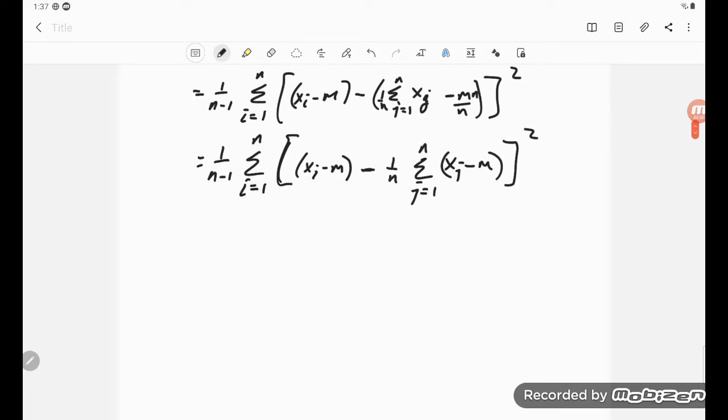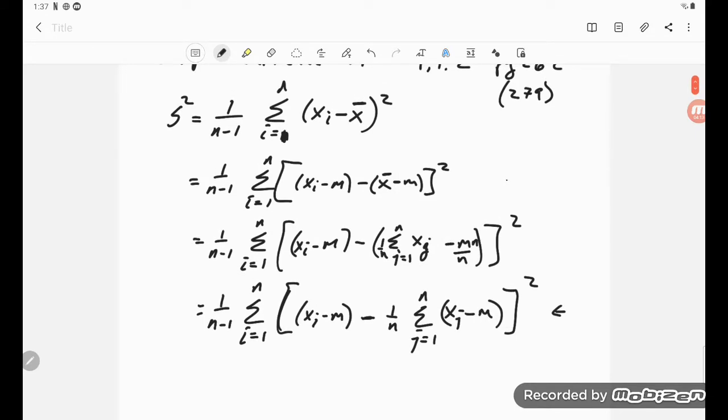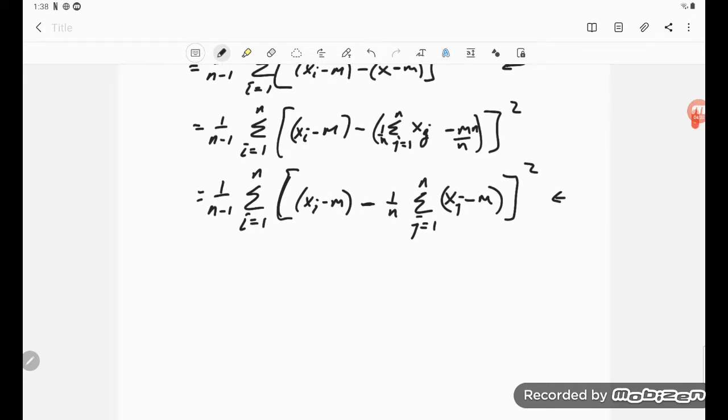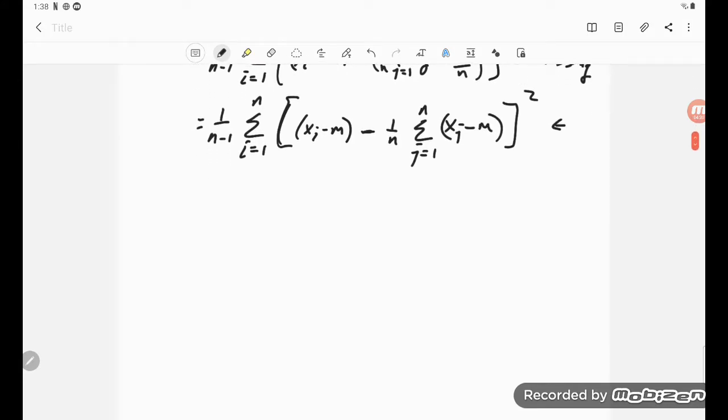Okay, so I can write it like that, and I believe in the textbook they show this line. So I'll try to show lines that they had. So they showed this, and of course they started with that definition, but they were missing this one here. So missing that one. Okay, so now that we have this,